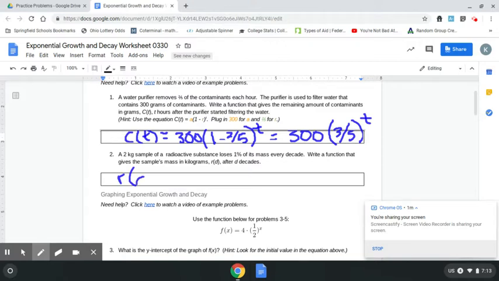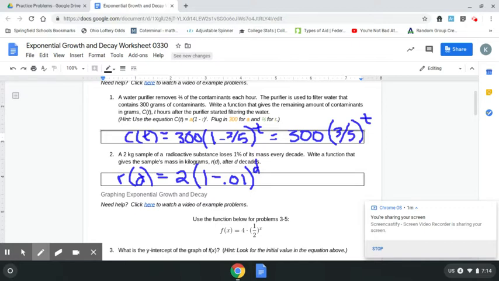Okay, so we start with R of D. Same concept as up above. It's losing 1% every decade. So this is exponential decay, and we do the same exact process. We start with the initial value. They told me it was a 2 kilogram sample, so we start with that. We go 1 minus the rate that it's losing, which is 1%. As a decimal, that's 0.01, and that's raised to the D power because we're talking about decades in this case,